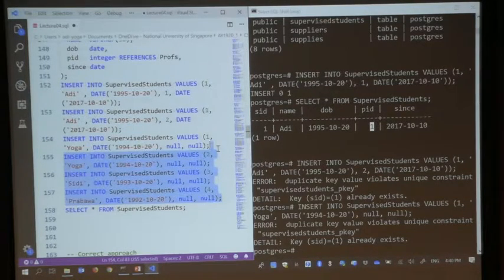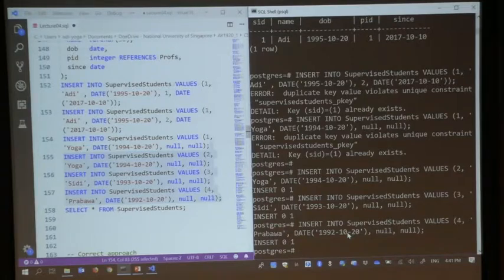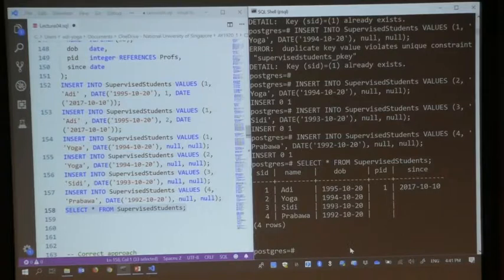However, for the rest of the students that do not have any supervisors, they must have a different SID. So then we can look at this. So from here, you can clearly see that there's only one student that is being supervised. And you know that because the PID is not null. Okay? And we also allow the same professor to supervise different students.